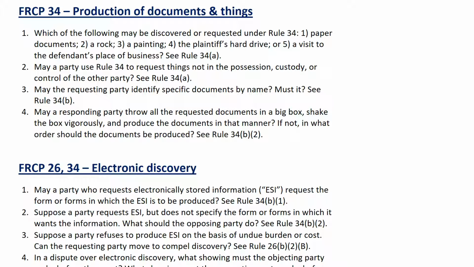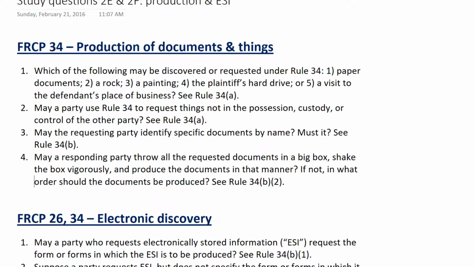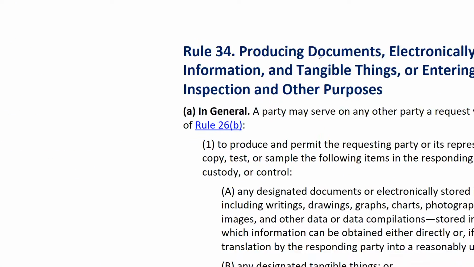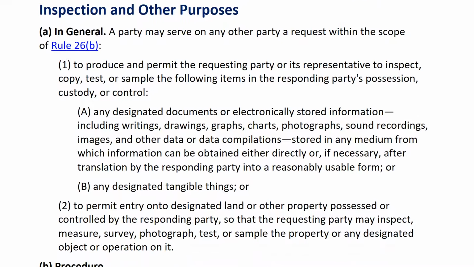Let's start with the questions. Let's start with Rule 34. Which of these can be discovered or requested under Rule 34? Paper, rock, painting, hard drive, a visit to a place of business. The answer is, of course, all. Rule 34 says